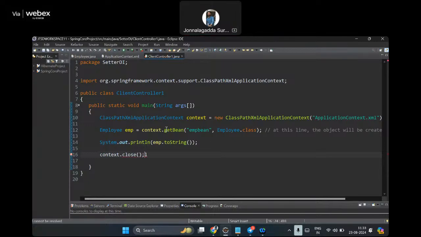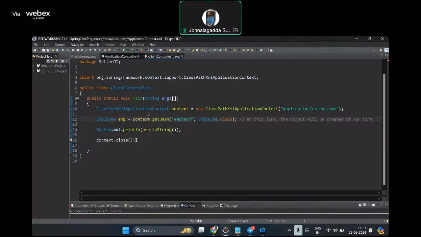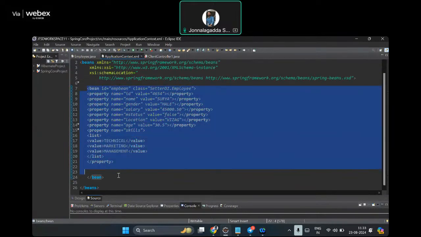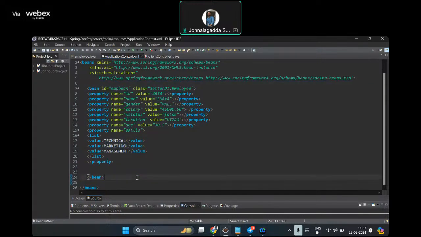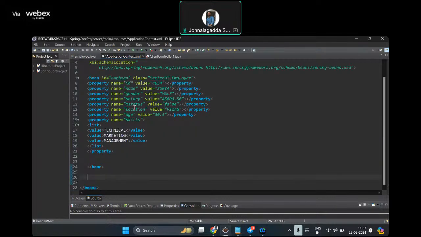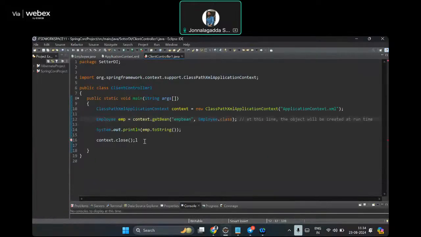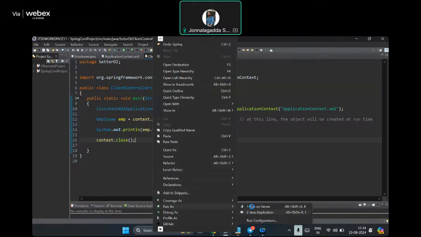right? Now what I just mentioned here is the bean name. Like this, you can create multiple objects also. You just copy this code, paste it again with Control V, then change the bean name like this. If you want more objects, you create more objects, but ensure that the ID is unique, because the ID should be unique. The class can be the same, right? Then let me go here and add context.close. So let me run this. Run as Java application,